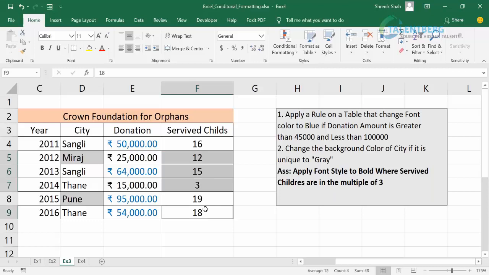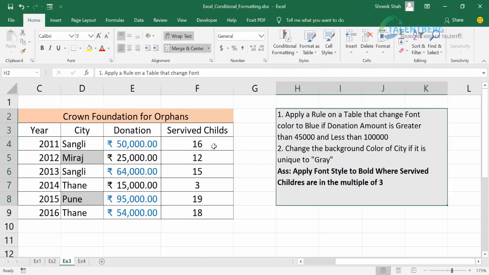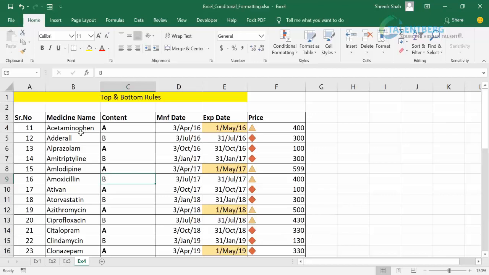So only those values you apply bold effect. So try yourself to change the font effect to bold for the values which are in the multiple of 3. This is one example.